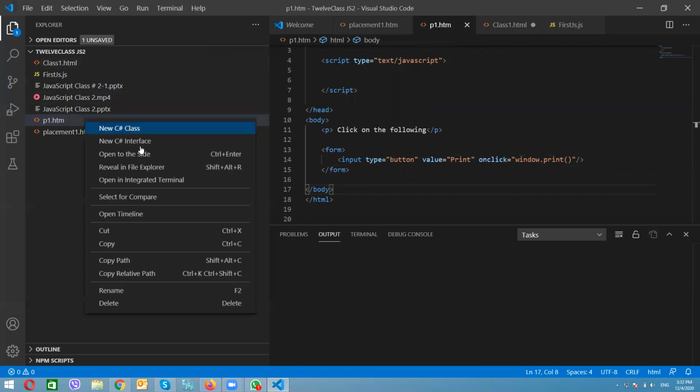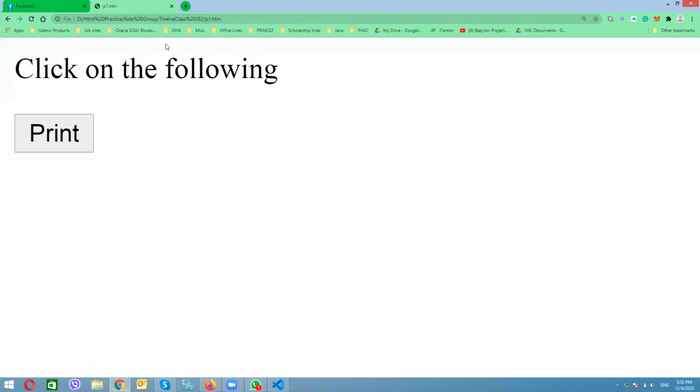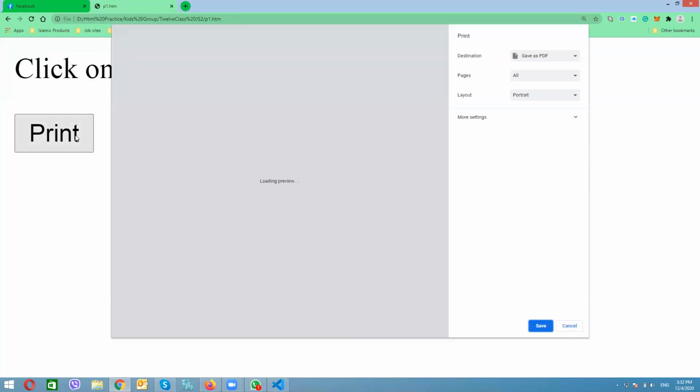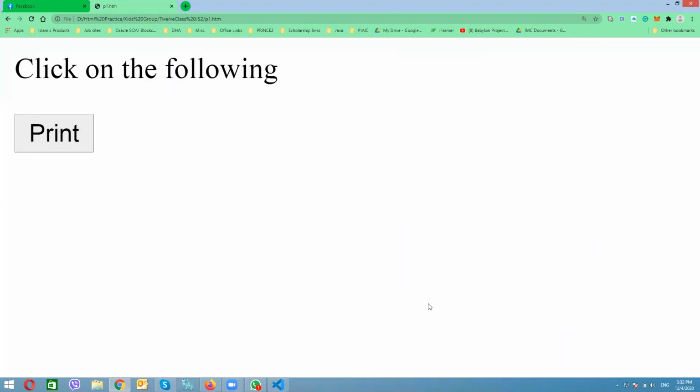Let's copy the path, and I'll go there and paste it here. You see, click on the following. If I click print, my printer dialog will get opened, so I am able to print any of my pages. This is the simple thing. You need to do some more practice on it, but this is the simple command which you are going to use.